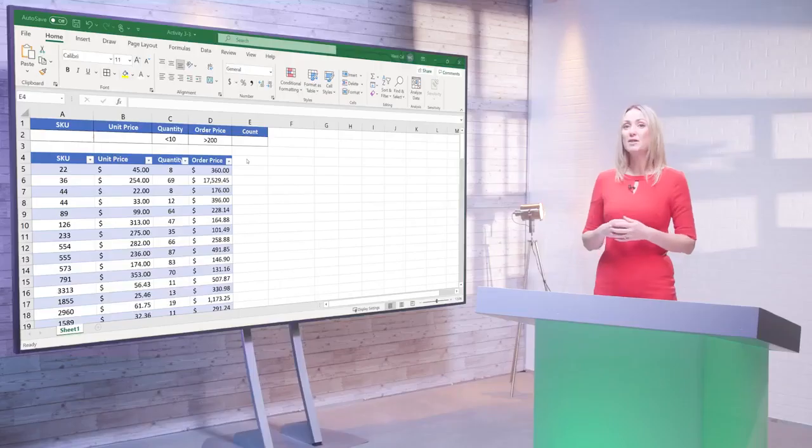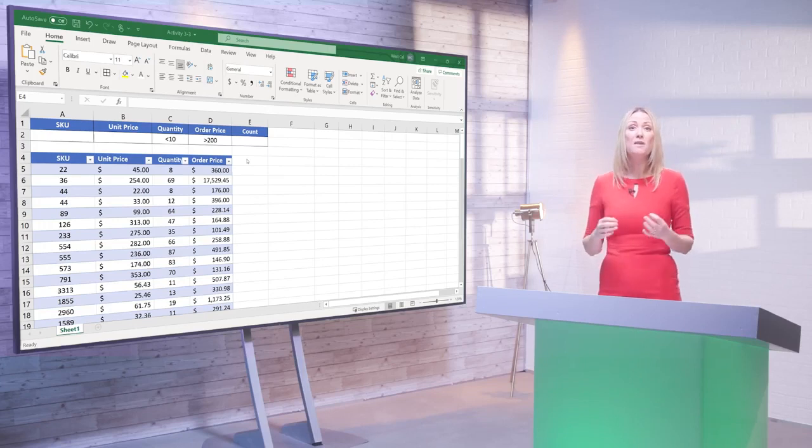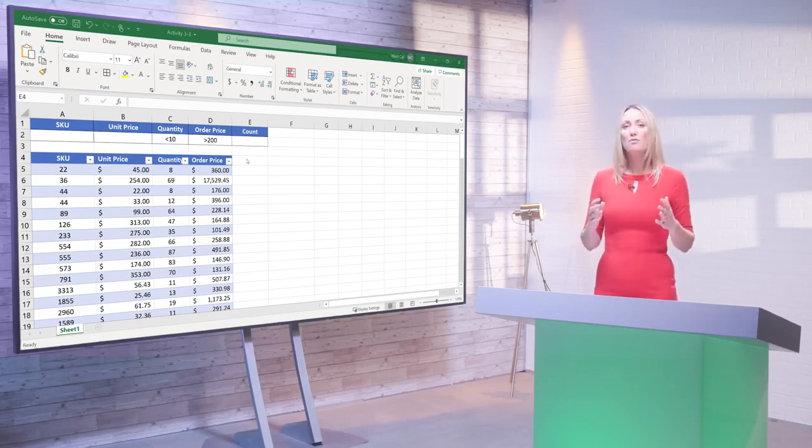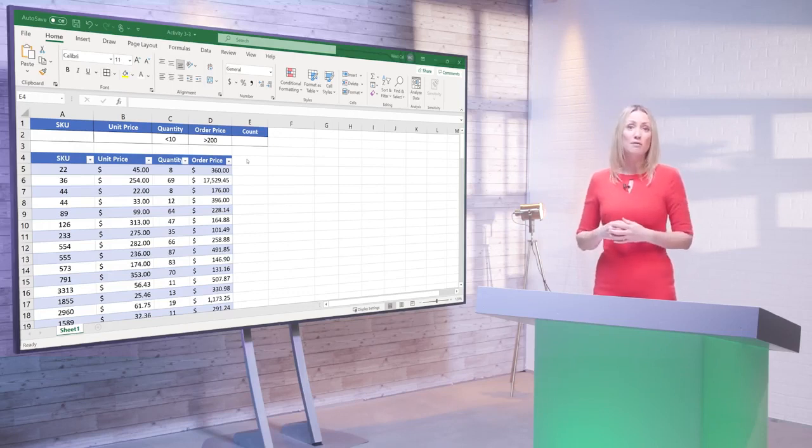Let's say that you've decided to use a database function to perform an operation on a subset of your data. Before you create your database function, you must first define the criteria you'll be using somewhere within your workbook, using column names that exactly match the column names of your database. You can have a range with all of the column names, but have only added criteria for the quantity and